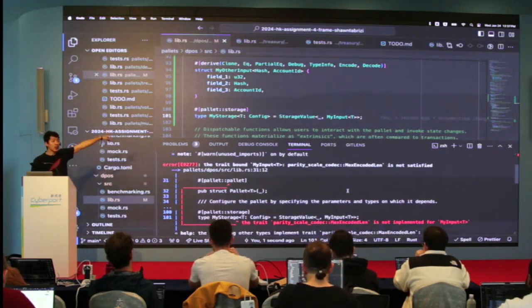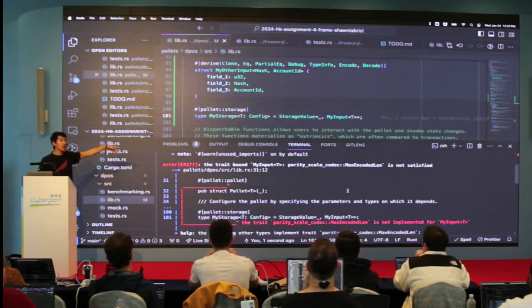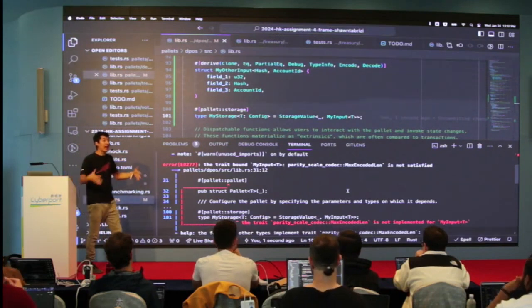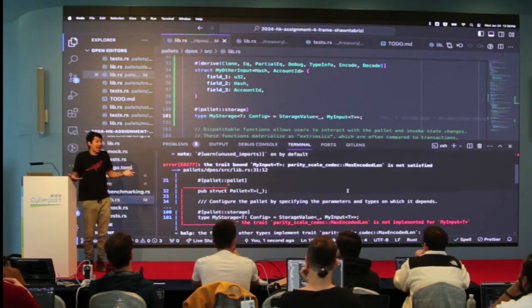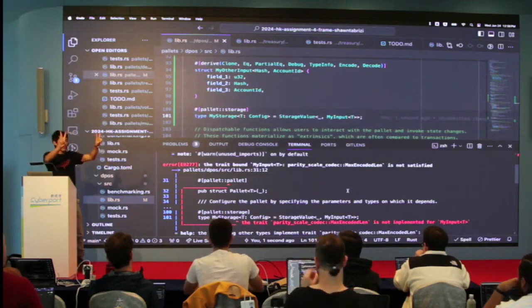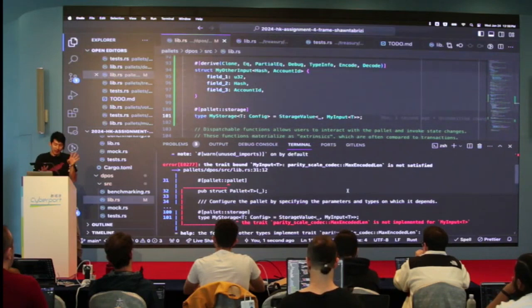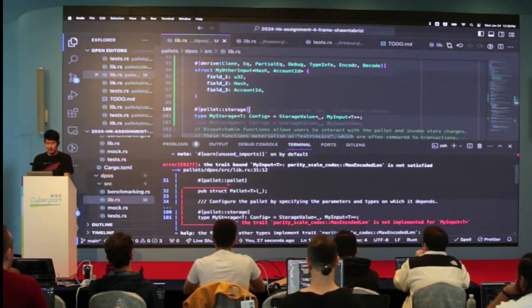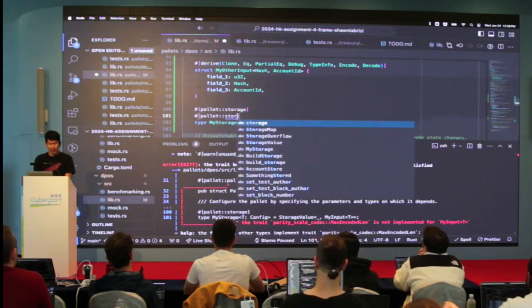Perfect. It doesn't work. We forgot max encoded length, remember? All storage in the runtime has to have a max encoded length. Now this one does have it, but we didn't tell it that it has it. So there are 2 solutions. There's one solution that's naughty. Don't do it, but obviously I'll show you, which is pallet storage unbounded or something.